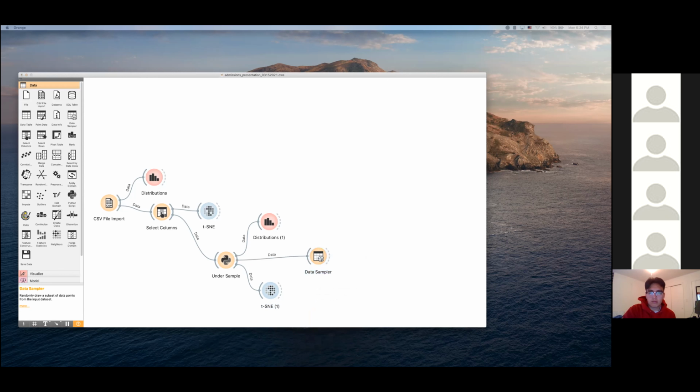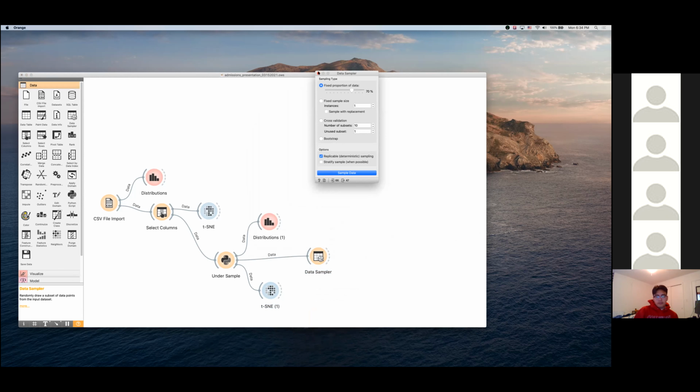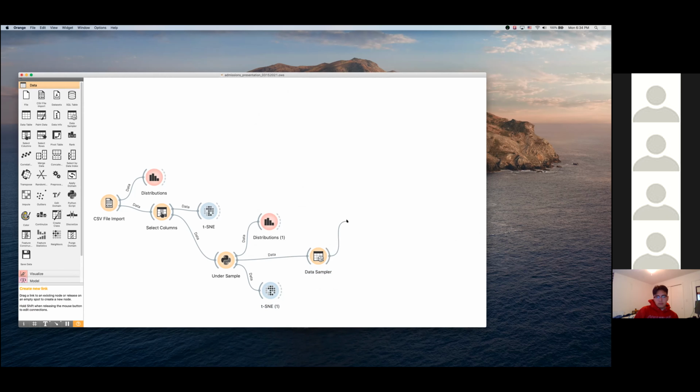It defaults to using 70% of the data for training and the remaining 30% as test. And so now you can start setting up